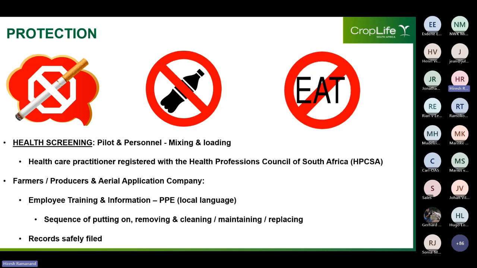Now also note that the pest control operator, in this context the pilot, and all personnel assisting with mixing and loading will have to undergo health screening annually by a healthcare practitioner registered with the Health Professions Council of South Africa. Farmers, producers, and aerial application companies must also ensure that all authorized employees involved in handling, mixing, and loading,